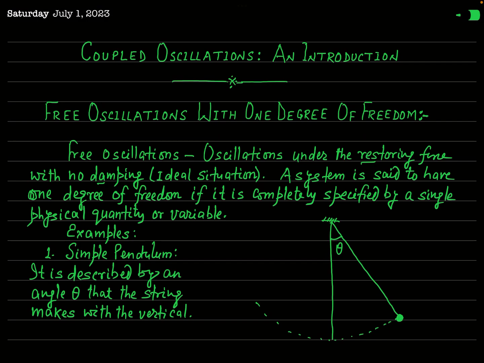Actually, a system is said to have 1 degree of freedom if it is completely specified by a single quantity or variable. So our discussion in the case of free oscillations was limited to the problem with 1 degree of freedom. And you have seen the various important examples of such free oscillations. Okay? I have just given you a review of what you have learned in the previous lectures in waves and oscillations,